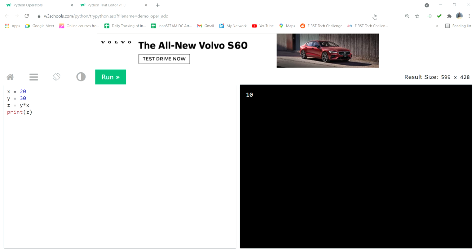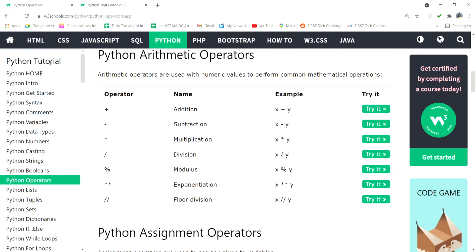Can we know what we should do after installing the W3Schools app? If you install the W3Schools app, then you can go with Python. We are learning Python only. In W3Schools we have a lot of options: HTML, CSS, and many other programming languages available. We want to know only Python, that's why we are choosing Python. If you go here, you can see HTML, CSS, JavaScript, SQL, like that.